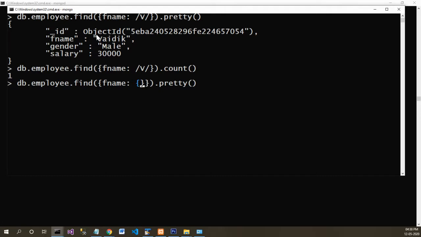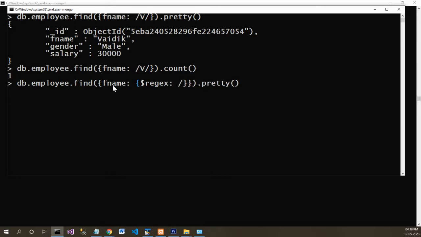MongoDB supports regular expressions while searching. So what you need to do is, if you want to search for the record whose first name is similar to a certain regular expression, you need to provide JSON with the field name fname, and for the value provide one more JSON within curly braces. Here you need to provide dollar regex for working with the regular expression, and after this you need to provide the regular expression that you are looking for. For example, I want to search for the employee whose name ends with, say, ja.